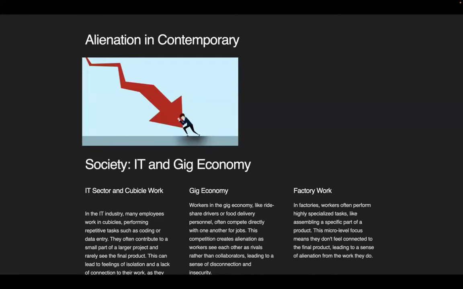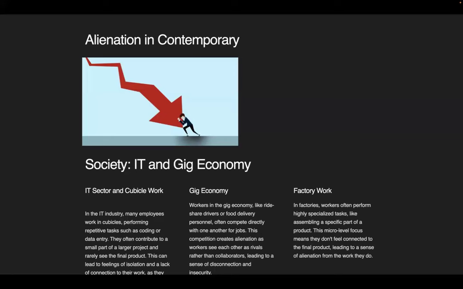In the gig economy also, like ride-share drivers and food delivery personnel, workers often compete directly with one another. And that's why they ask for ratings from you. If you give them a 5 rating, they will be performing better than others. And this competition creates alienation as workers see each other as rivals rather than collaborators, leading to a sense